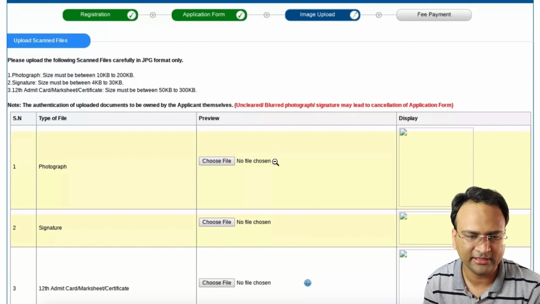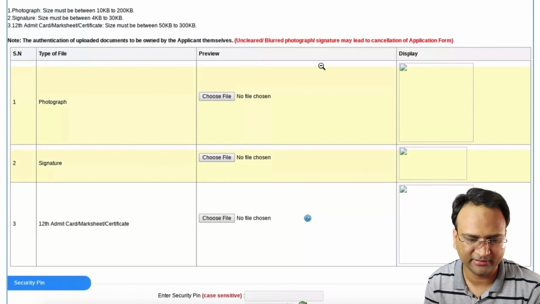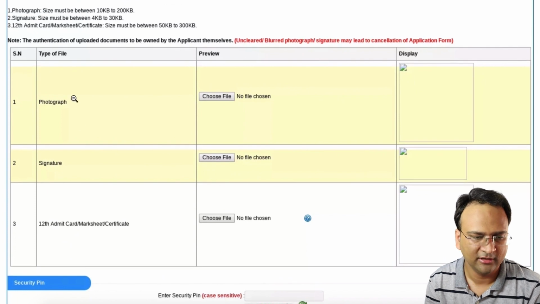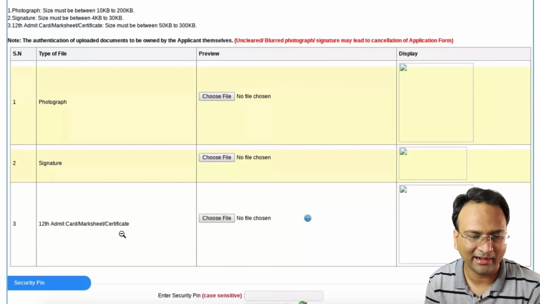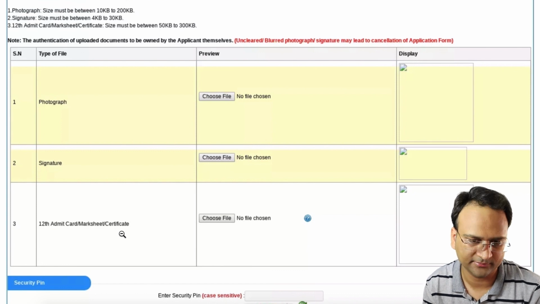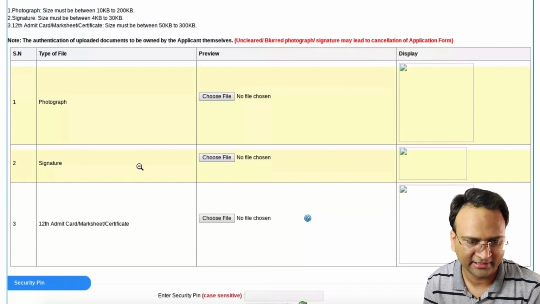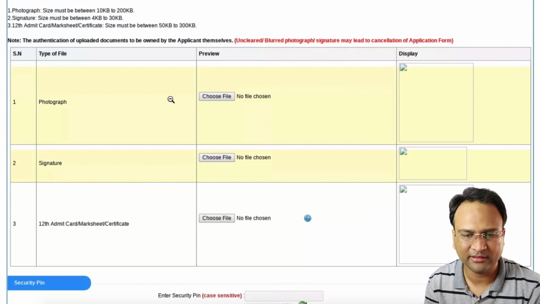Now this is the image upload page. Over here basically they need 3 documents. One is your passport size photograph, second is your signature photograph, third is your admit card and the mark sheet, which is your 10th certificate. Okay, 10th passing certificate. Now remember, each of these 3 documents should not be less than 50 KB and should not go beyond 300 KB,